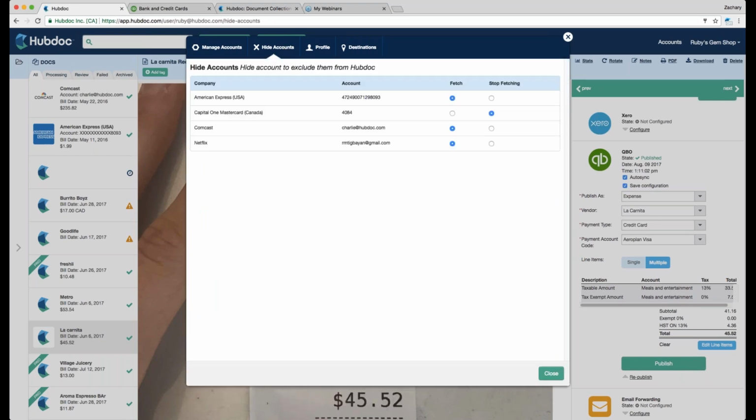Moving on to hide accounts. This is an option if you have several sub-accounts within one vendor that you don't want Hubdoc to fetch from. So let's say, for your American Express account, you have a personal account within your business account. You don't want Hubdoc to fetch from your personal documents, so you can choose for Hubdoc to stop fetching from that sub-account,